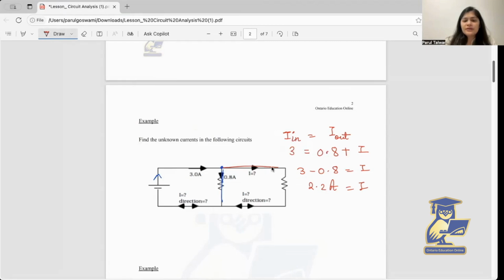Now this current of 2.2 ampere will flow in this section of wire, and of course in this section of wire. The current will flow through this wire, then it will go downwards, and then to the left side. So this is the current direction. The direction of the current is towards the left. Now as you can see, again, this is a junction.